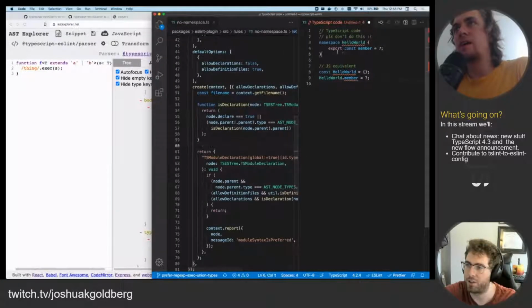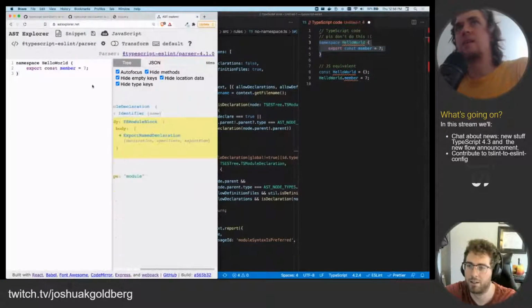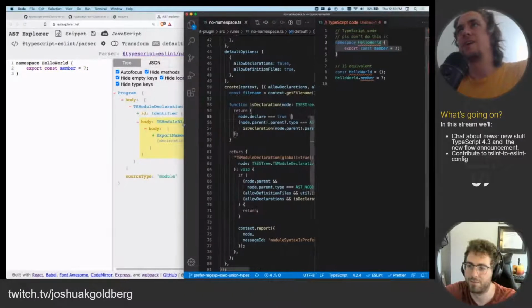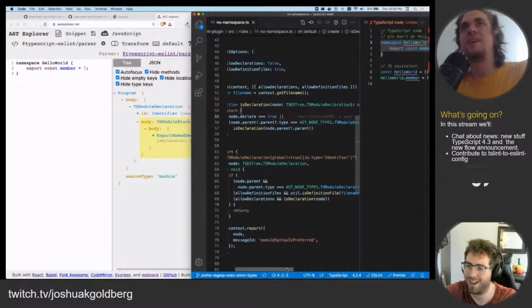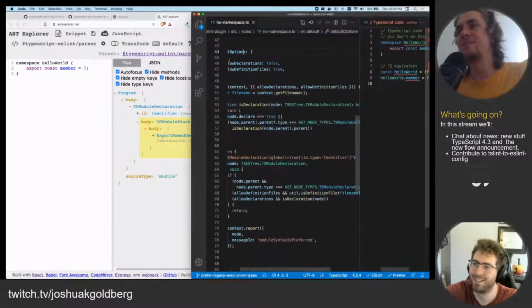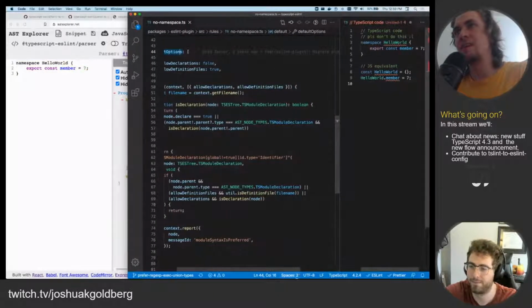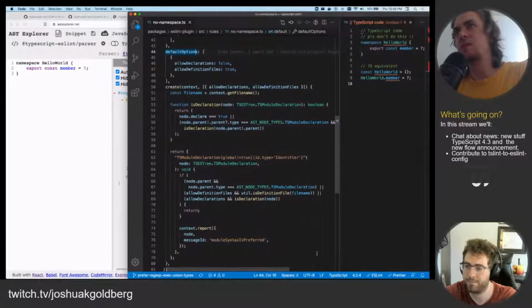I think your initial guess was right. Module declaration. Oh, okay. So I guess we have some legacy naming here. Yeah. Okay. So it looks for a namespace thing, and it has